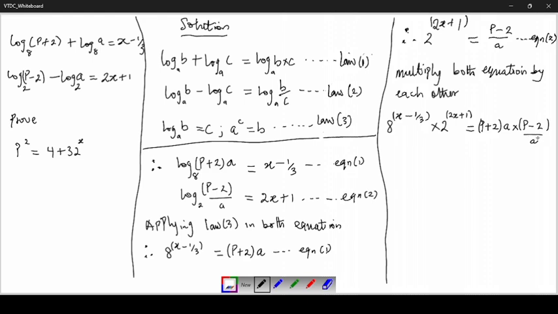So checking it out, a is going to cancel out a, and then we have p plus 2 all in a bracket,